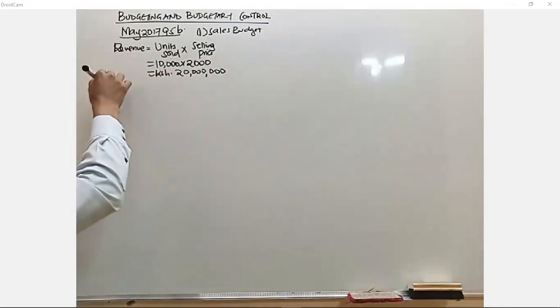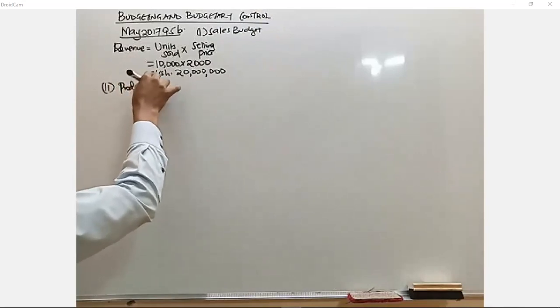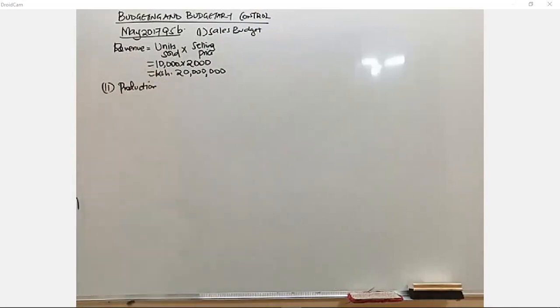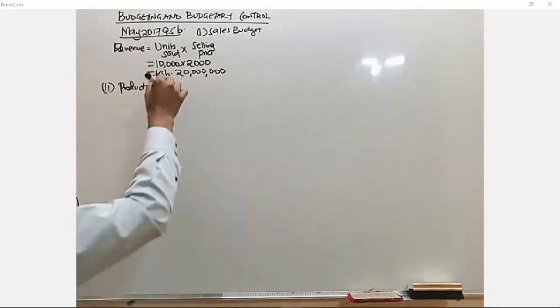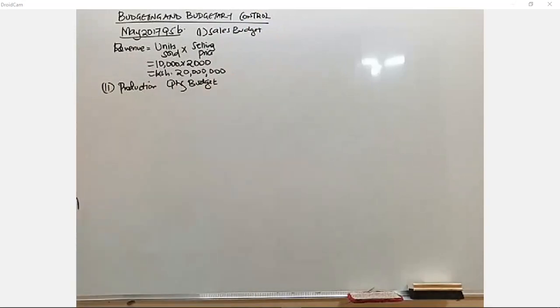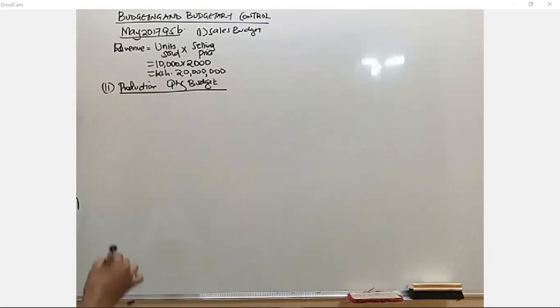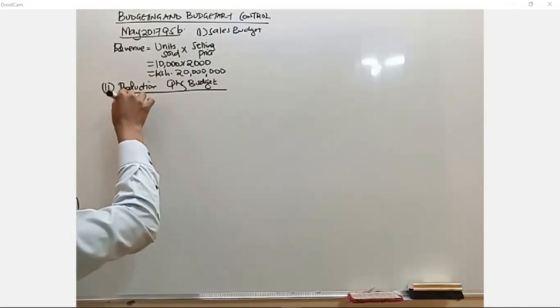Number two, I can see the production. The examiner is asking about the production quantity budgets. Well, looking at the things that you have been doing under the preparation of the financial statements, we know very well that the production in other cases becomes our purchases. And that is what we are going to be checking when we are doing marginal and absorption. So in this case, if I need to get my production,